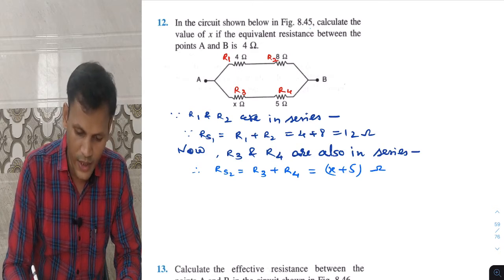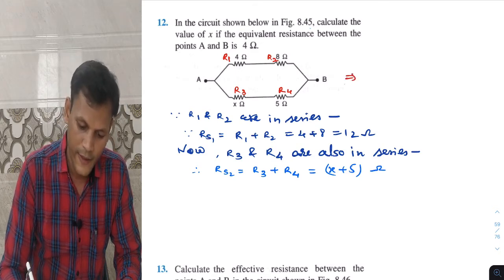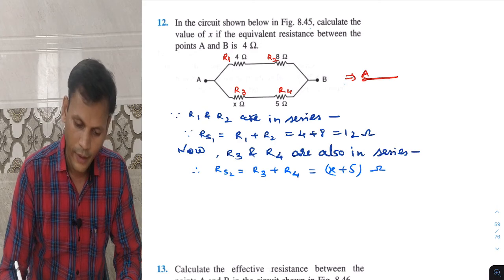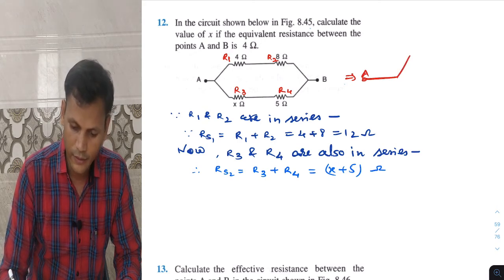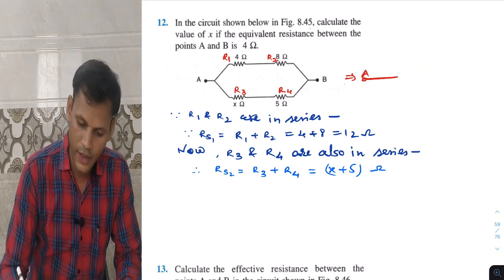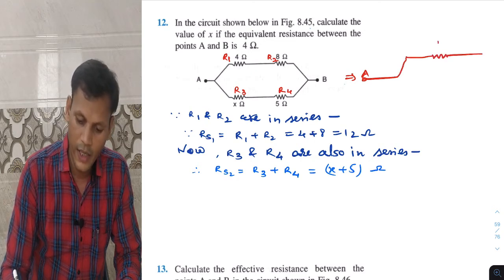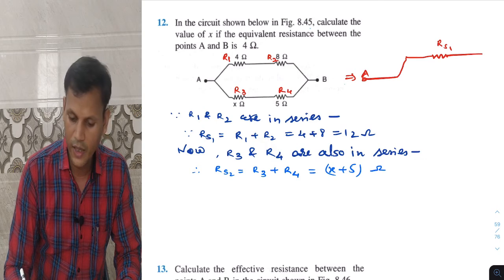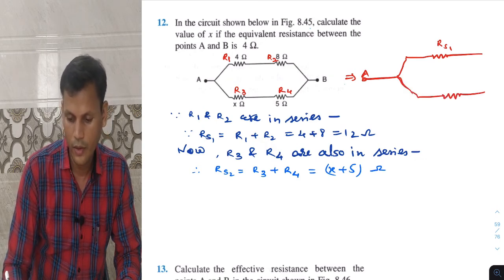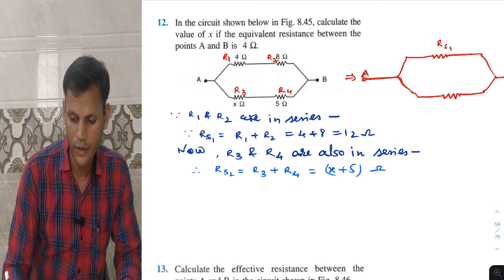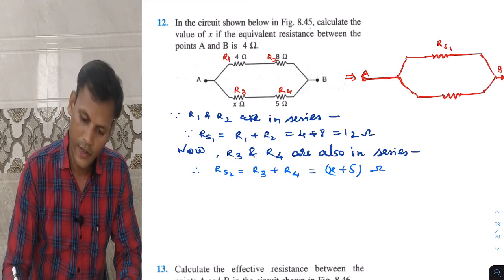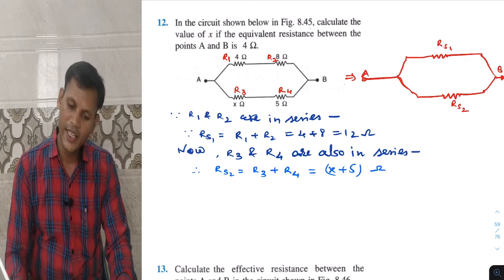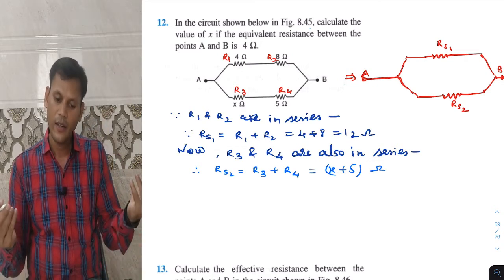अब हम इस डायग्राम को ऐसे मोल्ड कर देते हैं. It is A and this part is now Rs1 and this part is now Rs2 and this is B. It is Rs2. Now Rs1 and Rs2 are in